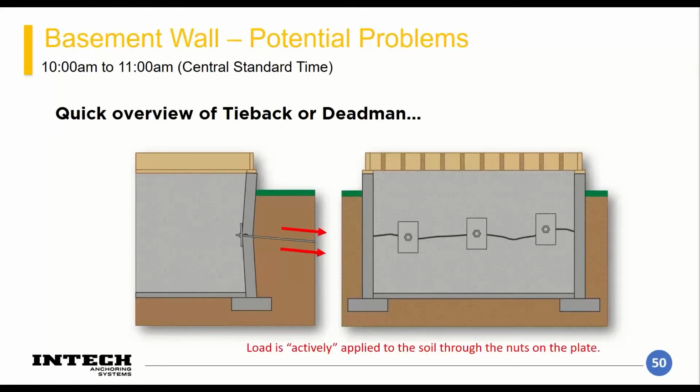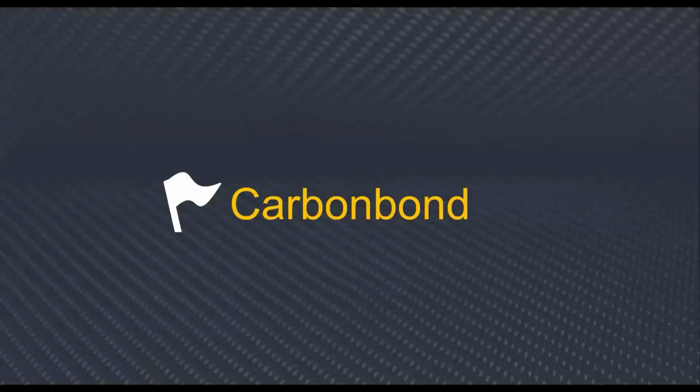And so the implication of this is you can turn that nut and it'll create a force onto the plate, and it'll push that wall back towards the soils that are causing it to fail. And this system, you can marry it up with beams, you can marry it up with channels, and you really can use this system to pull back walls with pretty substantial movements without having to jack up the building. There are some things that you might have to do to relieve some pressures to get it to work, but